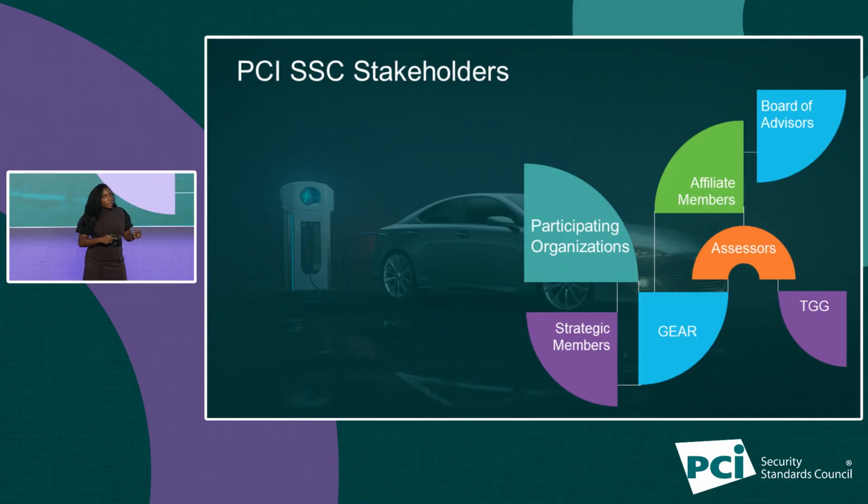So our principal participating organizations, as well as our board of advisors, are some of the most influential companies in global commerce. 4 of the largest merchant organizations sit on our board of advisors, and we've got the top 10 global merchant acquirers also on our advisory board. These 10 organizations alone make up over 95% of card-based transactions in the United States alone. But there's also you, and there's also you, all of the different stakeholders, and we need to hear your insights.